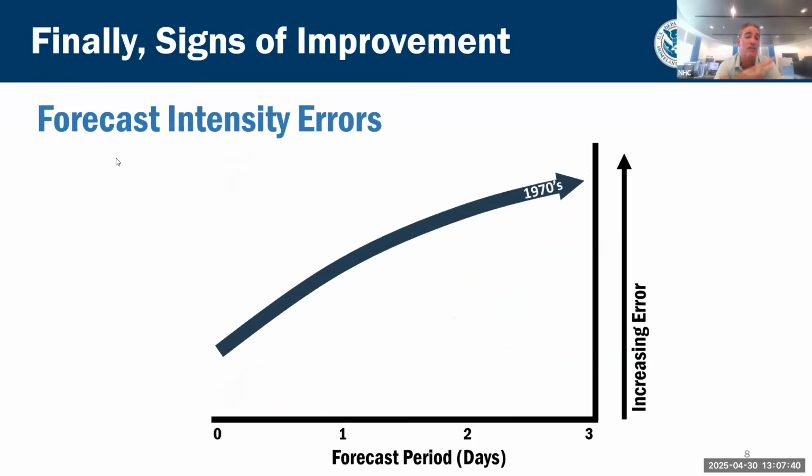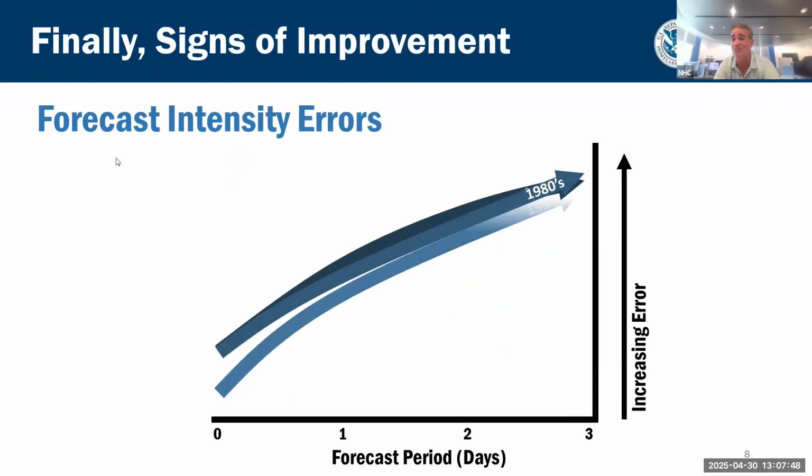All right, let's switch gears. Let's talk about predicting the storm's strength or intensity. This has been a much harder road. If you take a look at the errors in the 70s, it was basically the same in the 80s, basically the same in the 90s, pretty much the same in the 2000s, meaning over that period of time, we were not really making any significant progress in improving our performance for predicting the storm strength.